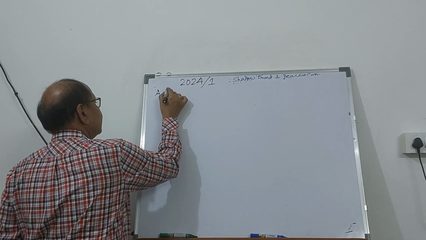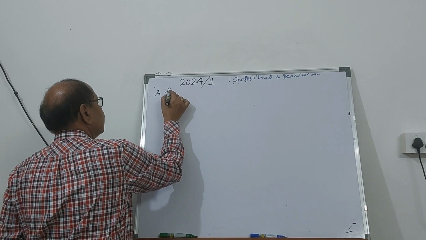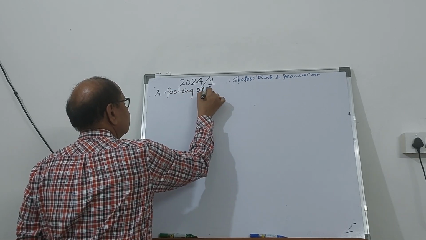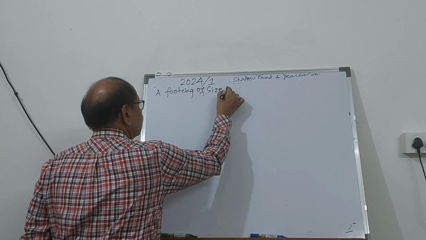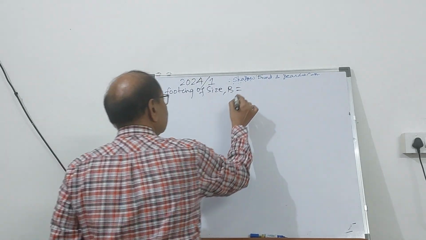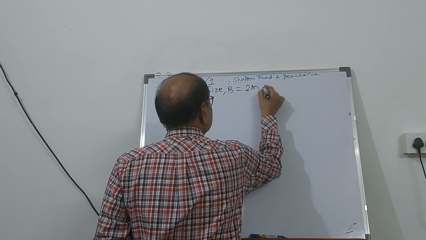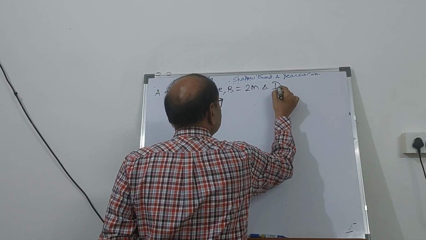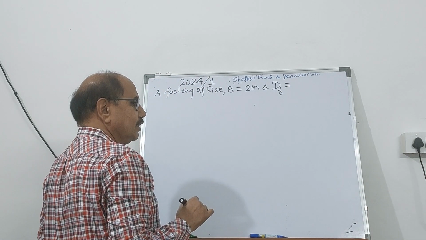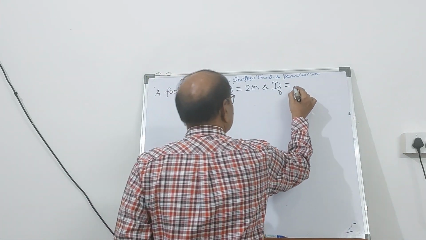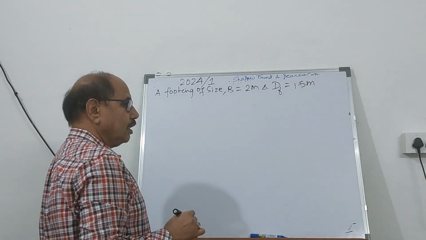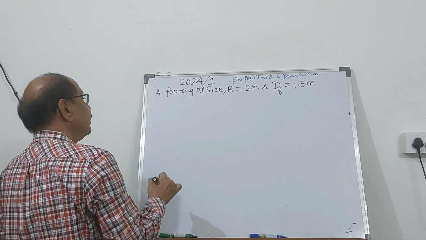It is a square footing, a footing of size B equal to 2 meter and depth DF equal to 1.5 meter is embedded in